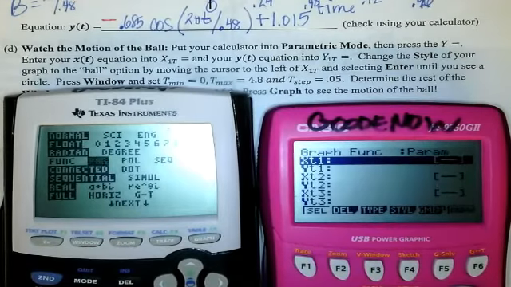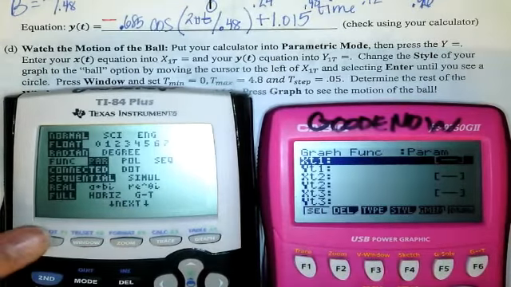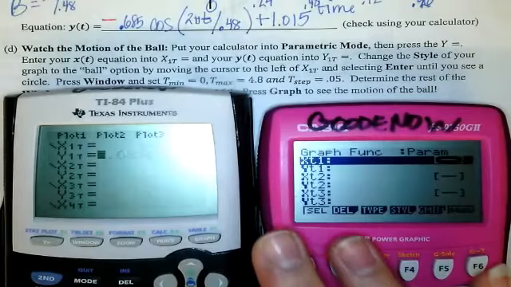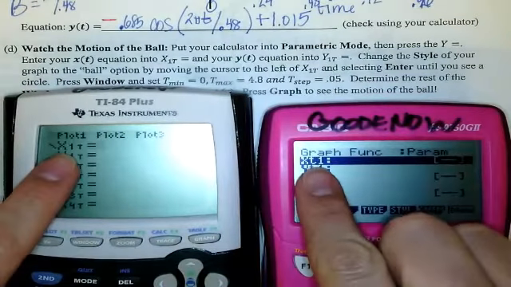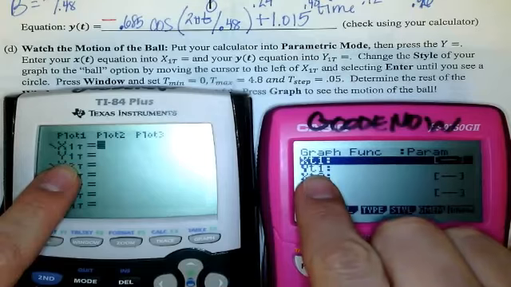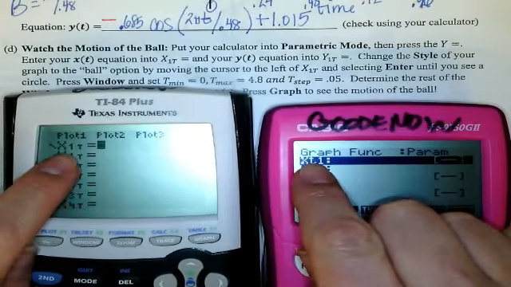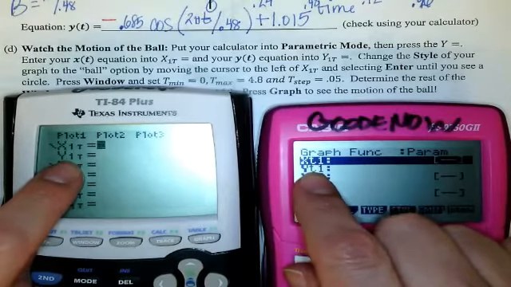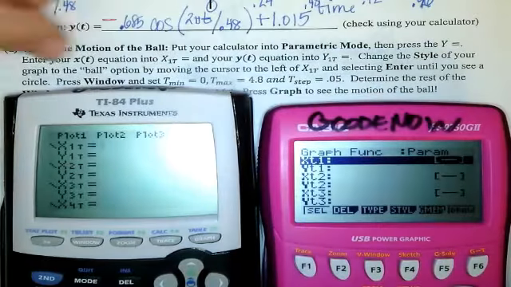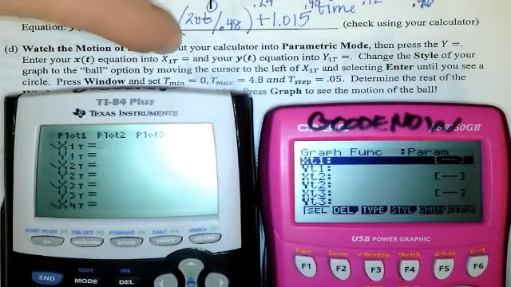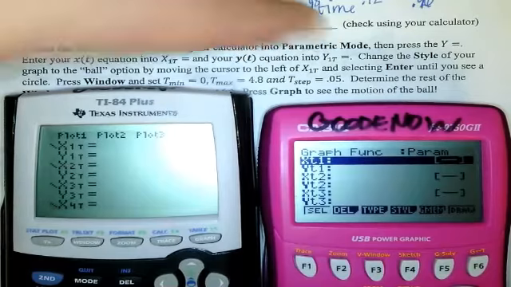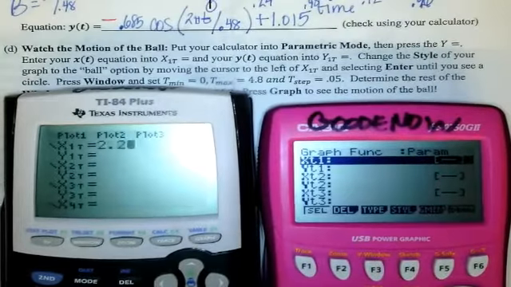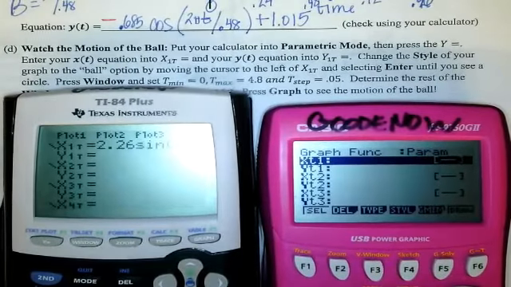And so what happens in parametric mode, so TI go to y equals. What you see here is we have an x1t and a y1t. So that's your horizontal equation in terms of time and your vertical y value equation in terms of time. And we're going to enter your x of t equation into x1t and your y of t equation into y1t. So first you're going to type in 2.26 sine of